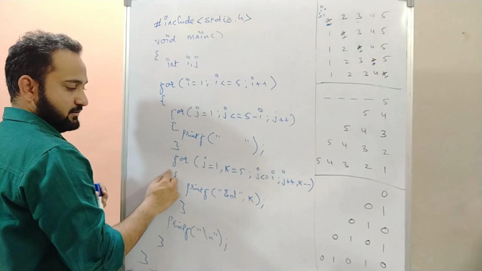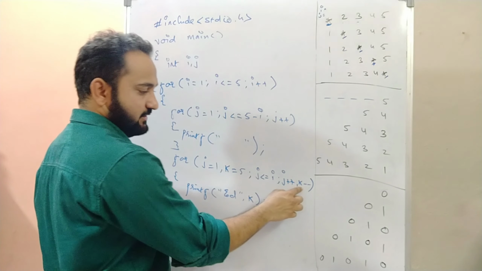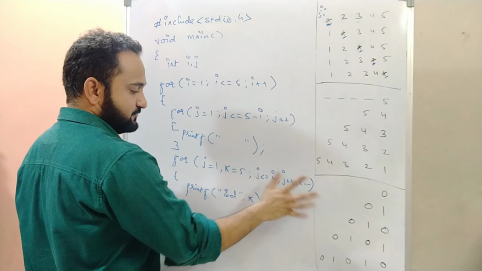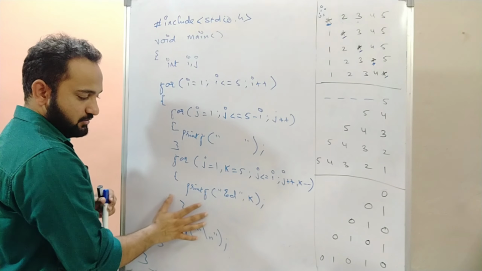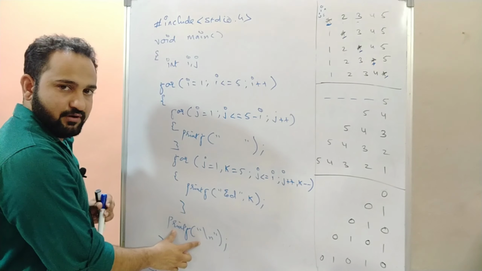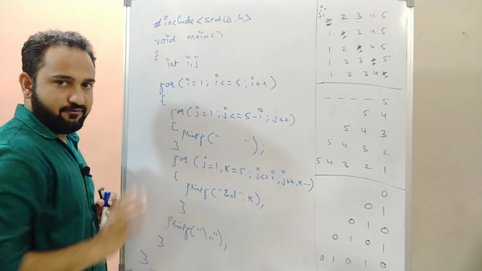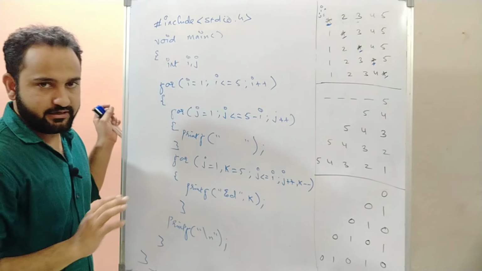It's going back. While going back, the value of j will be incremented by 1, and the value of k will be decremented by 1. The value of j becomes 2. The value of k becomes 4. 2 is less than equal to 1. Condition false. It will come out of this for loop, and it will leave one line. It's going back to the outer for loop, where the value of i will be incremented by 1 now. The value of i becomes 2. 2 is less than equal to 5. Condition satisfied. It will come inside again.